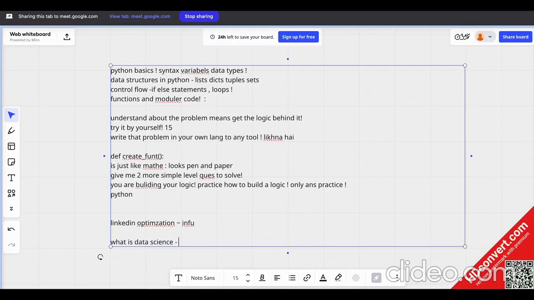So what I expect is, go to your GitHub and write a small blog about what you understood in today's lecture. That's it. Just write a small blog, maybe 5, 10, 15 lines, whatever you think is good, whatever you